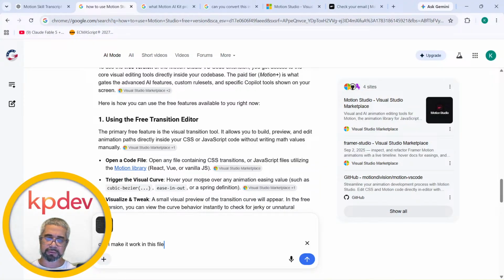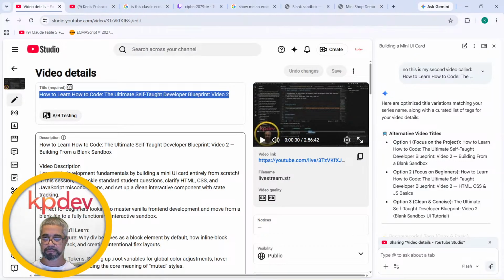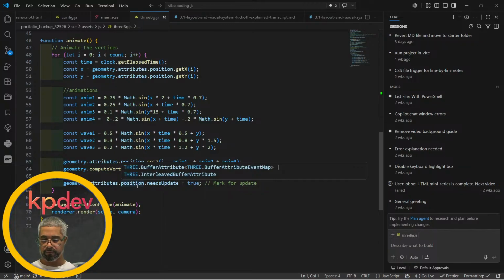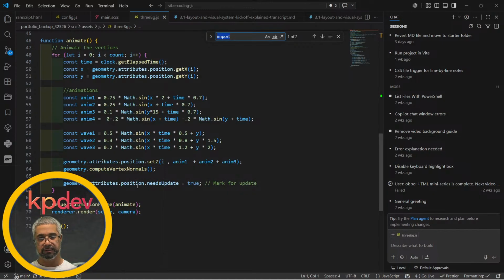Oh, hover your mouse over any animation easing value such as